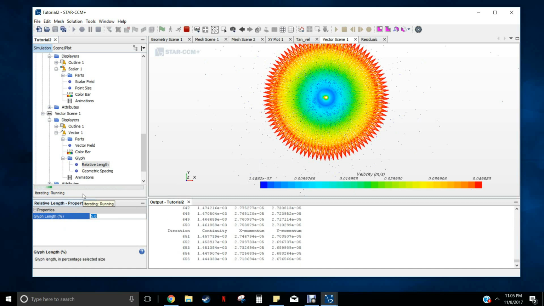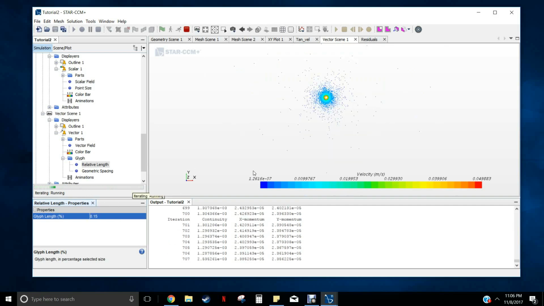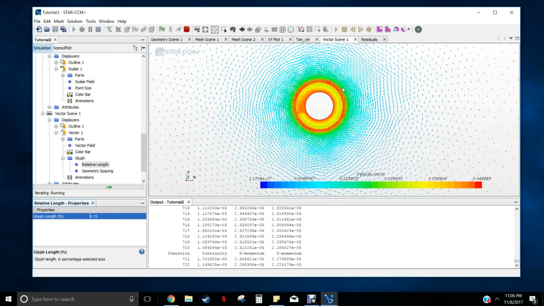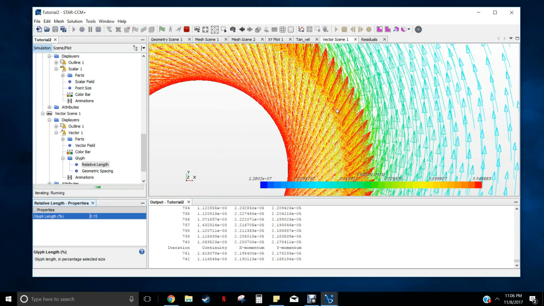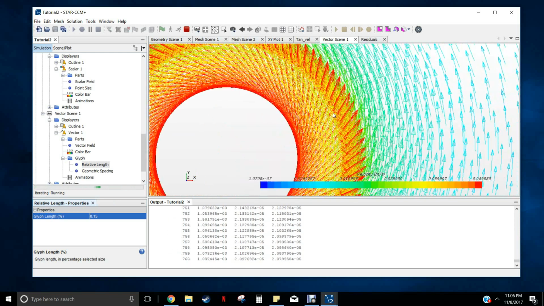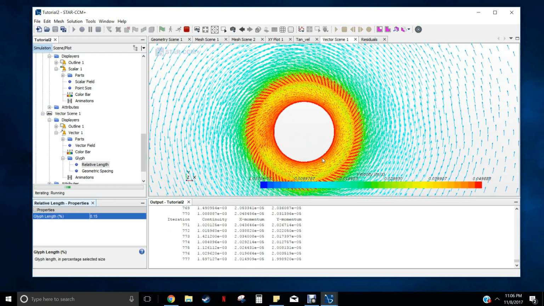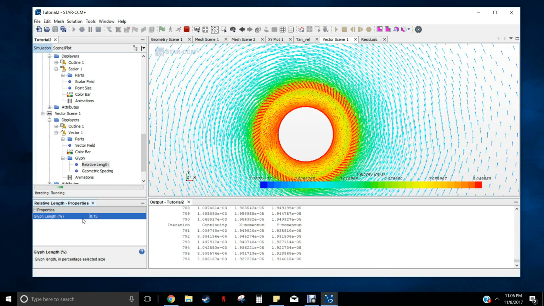We're going to make this 0.15 or something as a percentage. Hit enter, and if you zoom in, you can actually see, so that wasn't great either, but you can see it spinning around. You can see all those vectors. It's really crowded because there are so many cells, so if you make this even smaller, you might be able to get a decent view of it, but you'll be losing